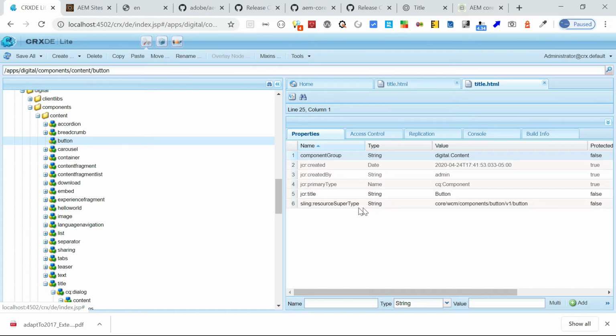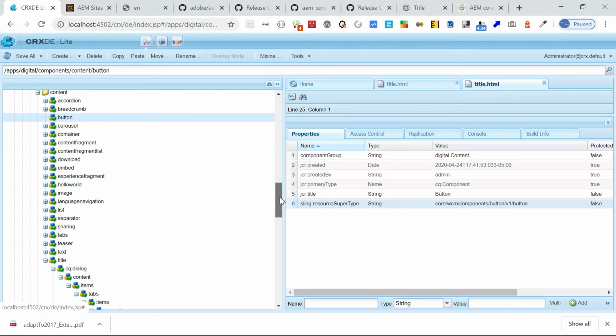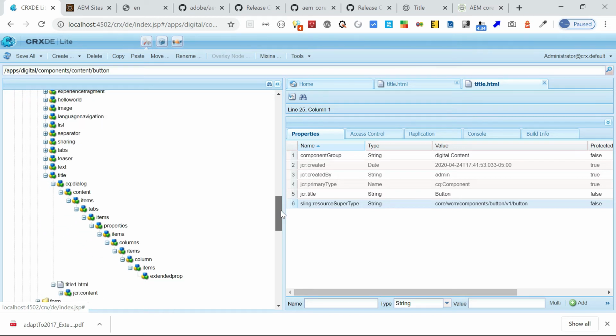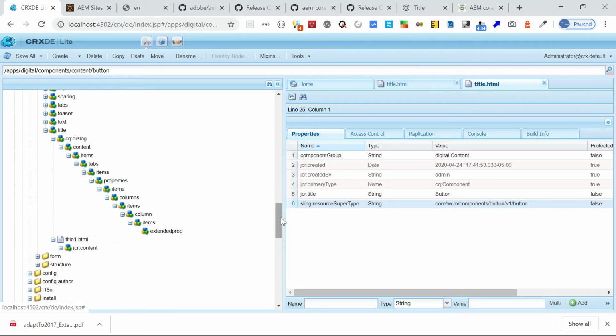Then you can add a title, then the resource super type, which is important. That is where this component is inheriting from: core WCM component button, v1 button. All components are empty, but they inherit from the core component, acting like a proxy.